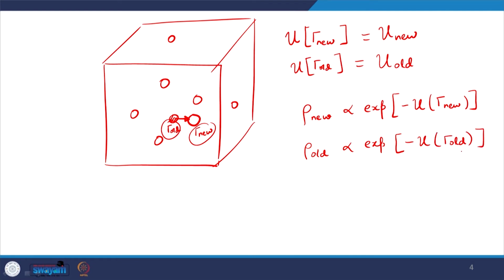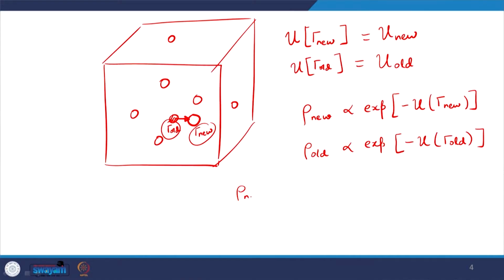In fact, if I want to find the actual value, I have to know the partition function. But if I am only concerned about the ratio of these densities, then that denominator will cancel, right? So, my rho nu by rho old can therefore be written as exponential of minus u, by the way, there is a kBt here,